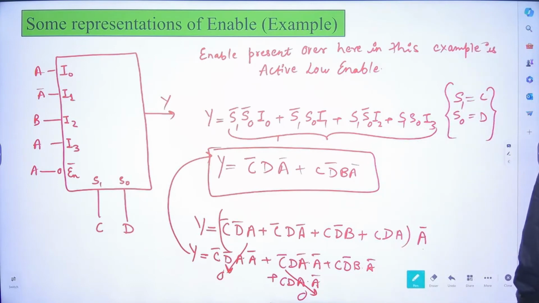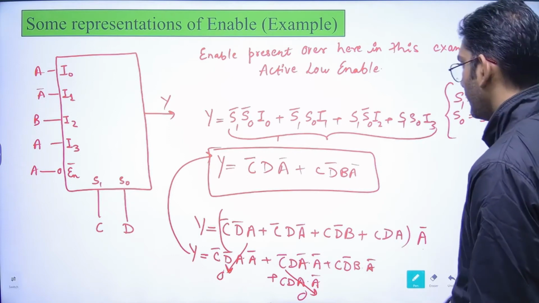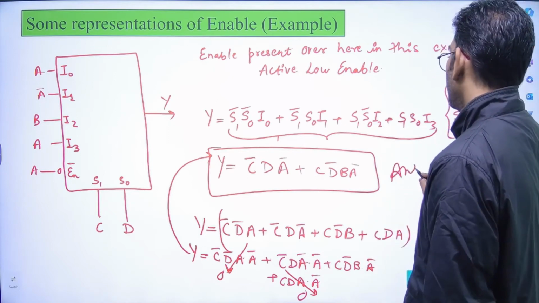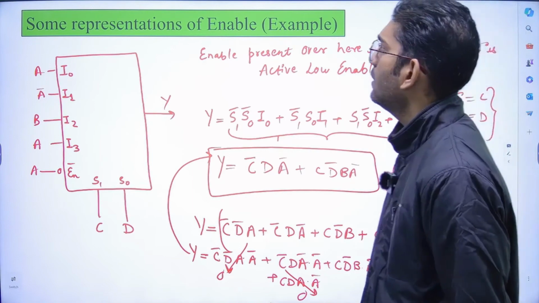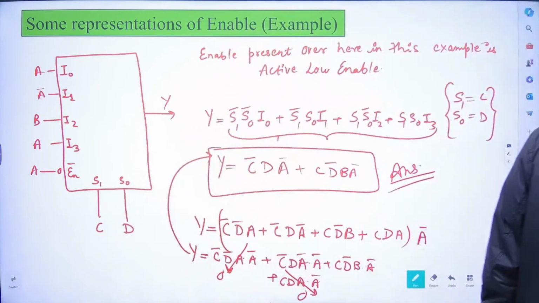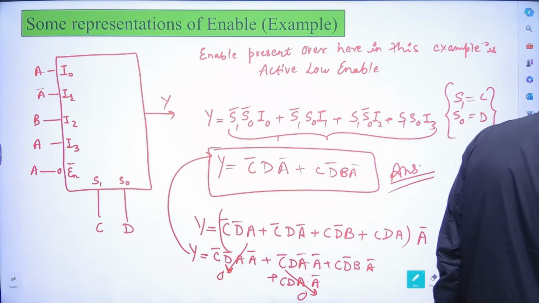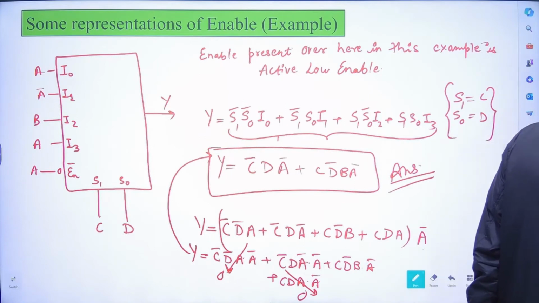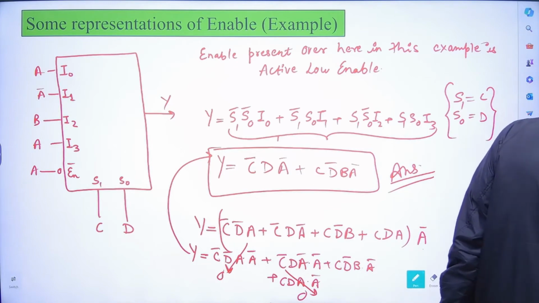C bar D A bar and C D bar B A bar. So this is the final expression that we would be getting, and this would be our final answer for this particular example. So I guess you might have understood it till now. Now coming to the